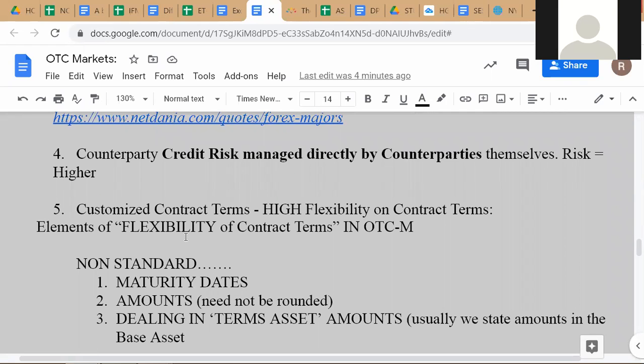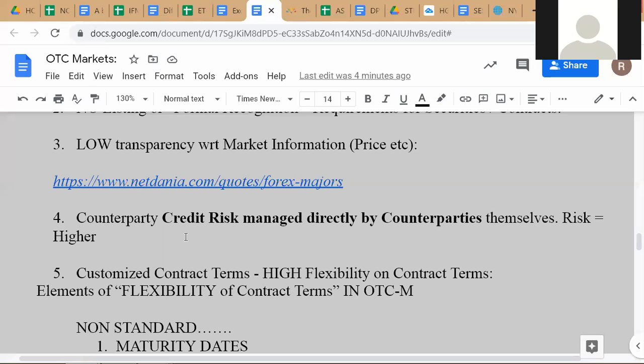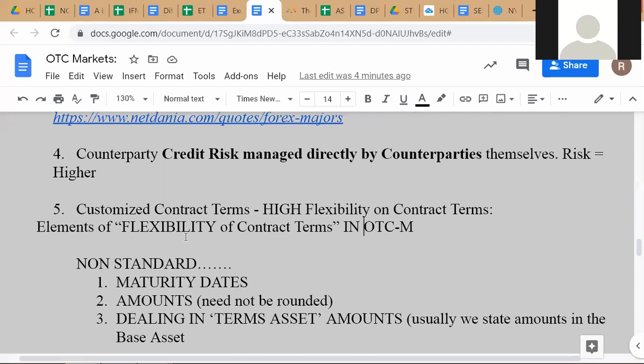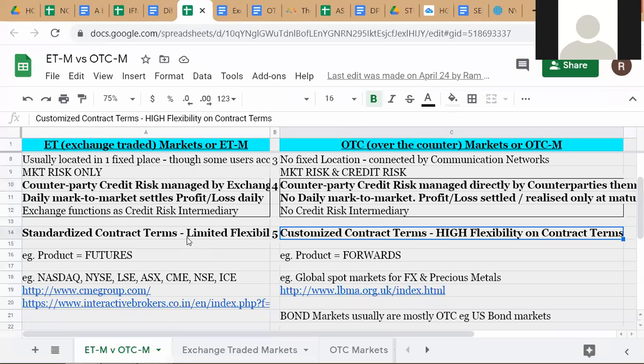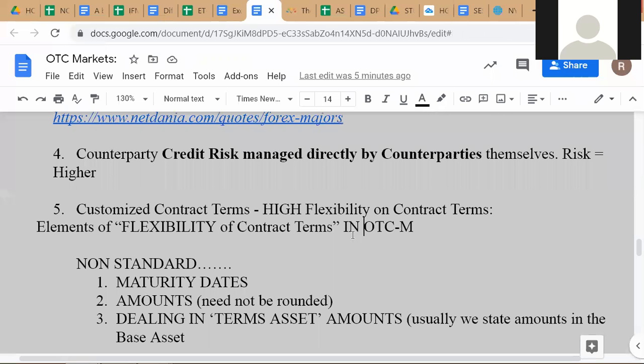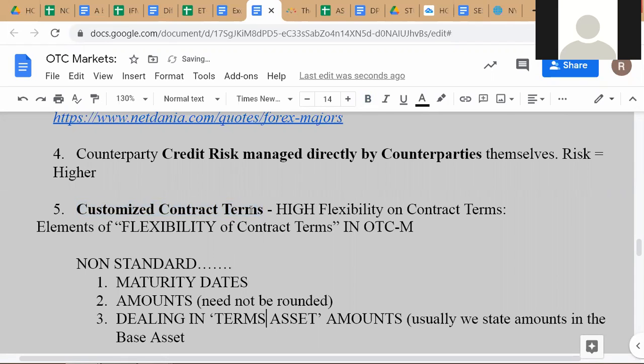Okay, so I'll tell you the other point. Instead of following the sequence, the other important point which we said, which you can also follow here, is the point about customized contract terms and standardized contract terms. So since we are covering OTC, let's talk about this. So you have customized contract terms, okay? Which means you can have all kinds of